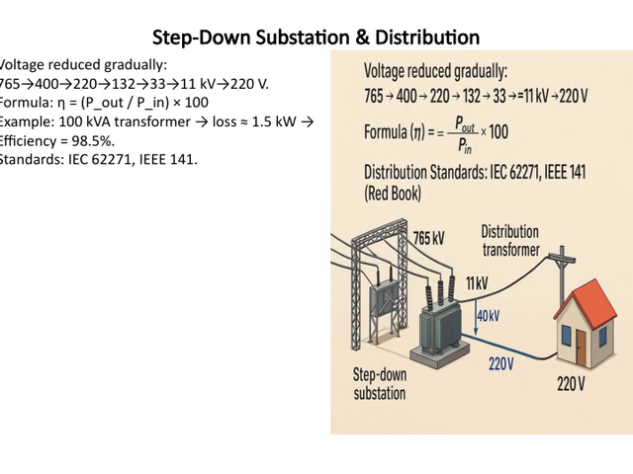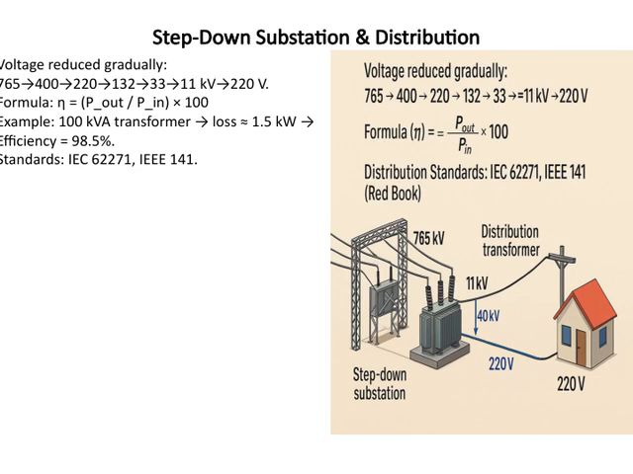Finally, it's important to note that these transformers and systems are governed by international standards like IEC 62271 and IEEE 141. These standards ensure safety, reliability, and consistency across different equipment and applications. All these points highlight how crucial proper voltage step-down and efficiency management are in delivering reliable electrical power from generation